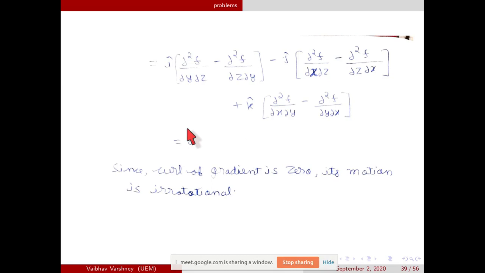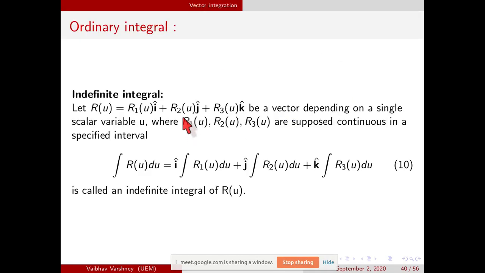What you understood from this is that when the curl of any gradient function is 0, it means that the gradient of any field is irrotational. This is what this question asks, na? It shows that the gradient of any field is irrotational, and irrotational means we have to take the curl and it should be 0. So this point is clear to all.